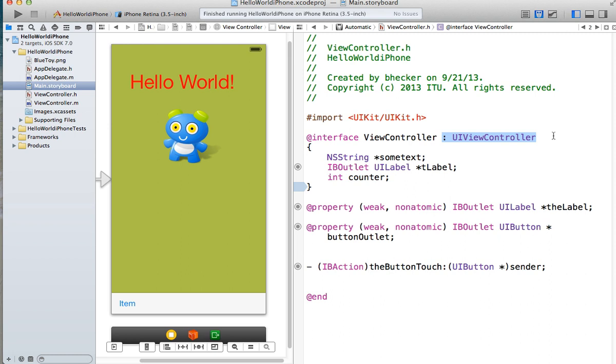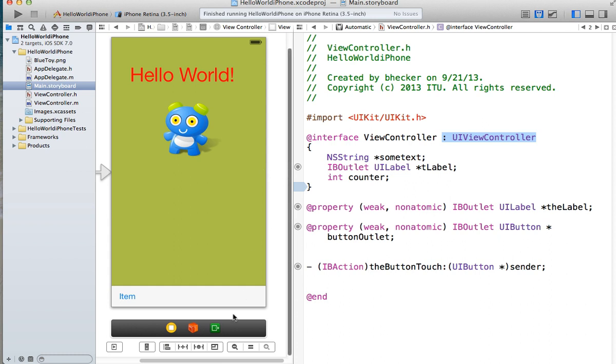We've inherited from UI view controller. This guy's not an NS object. He's a view controller. And you can look on the bottom here. It used to say it. If I click on,